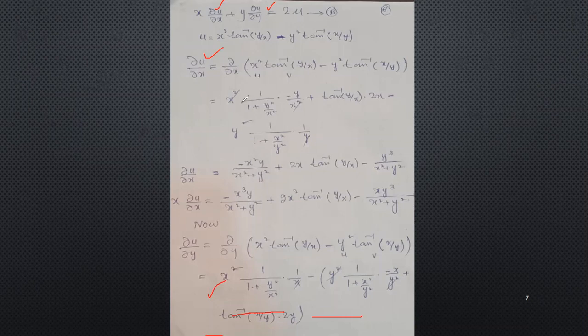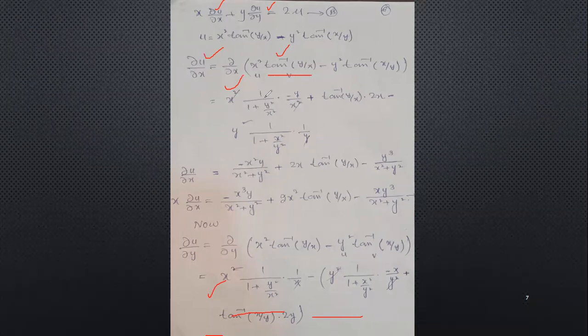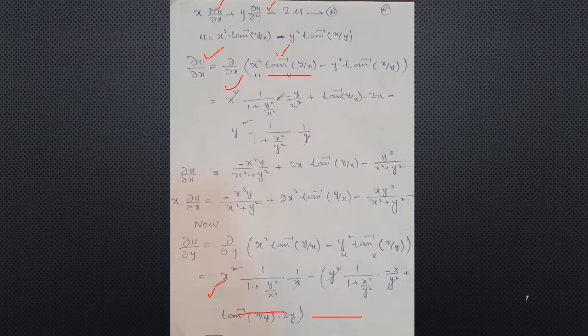u same means x square same, derivative of tan inverse y upon x. So first we take the derivative of tan inverse, we get 1 upon 1 plus y square upon x square, into the derivative of y upon x with respect to x, we get minus y upon x square, plus now v same, tan inverse y upon x same, and the derivative of u, meaning x square, is 2x,